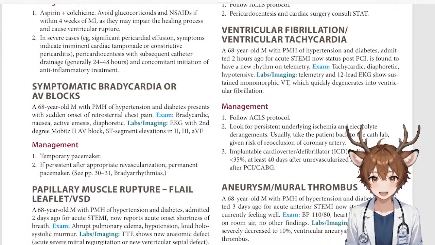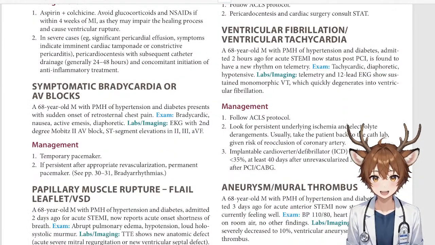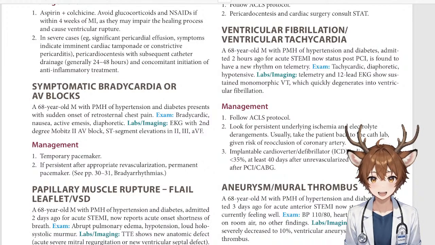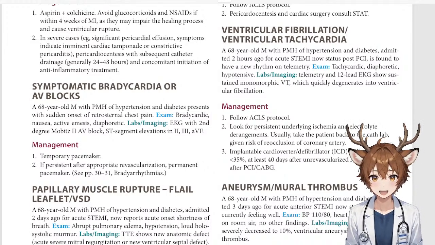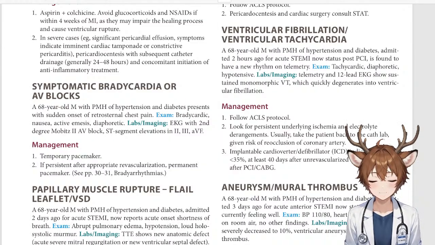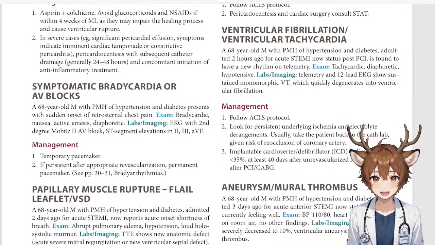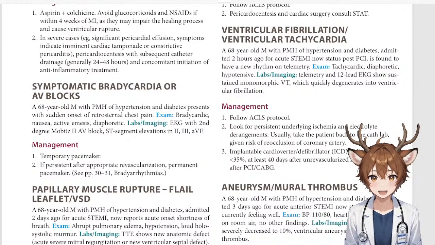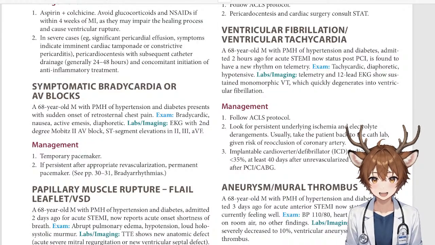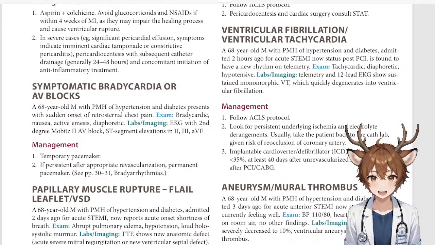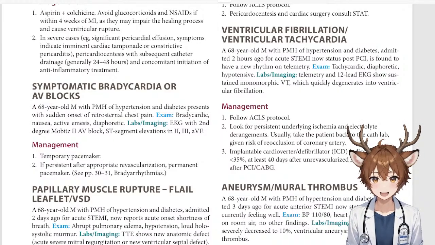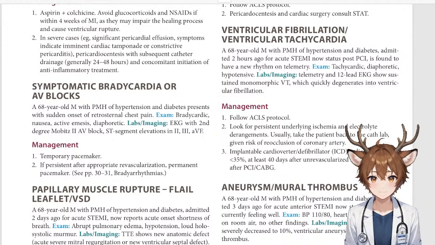Management for the VFib. Follow the ACLS protocol. Look for persistent underlying ischemia and electrolyte derangements. Usually take the patient back to the cath lab given risk of reocclusion or of coronary artery. Implantable cardioverter defibrillator, ICD, indicated for left ventricular ejection fraction of less than 35% at least 40 days after unrevascularized MI or 90